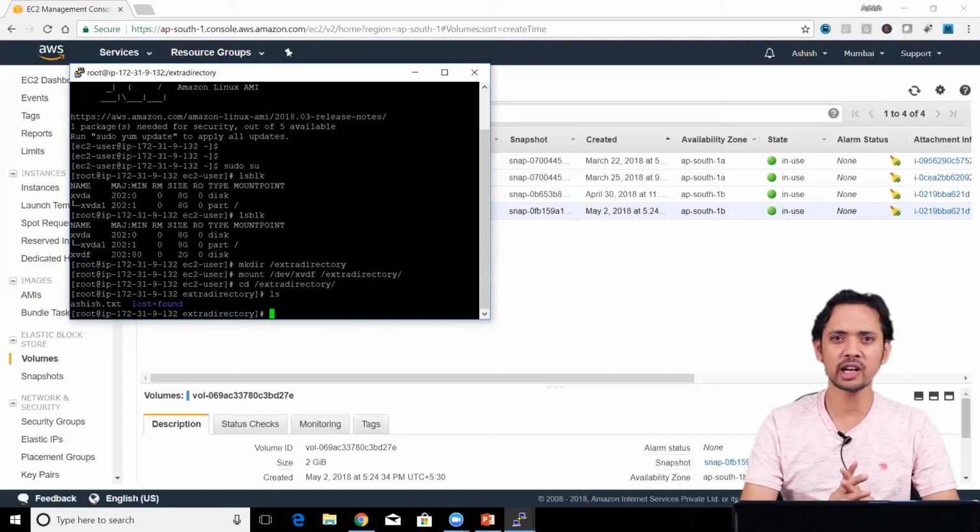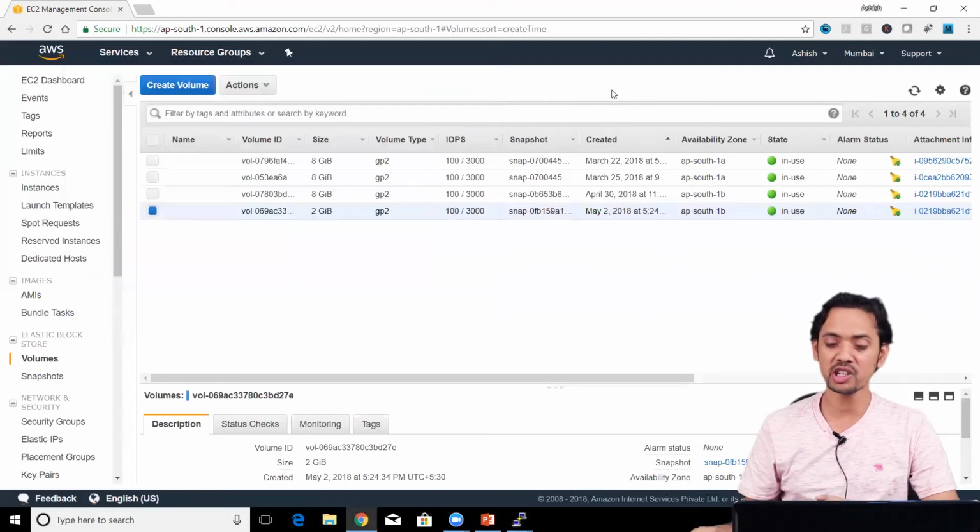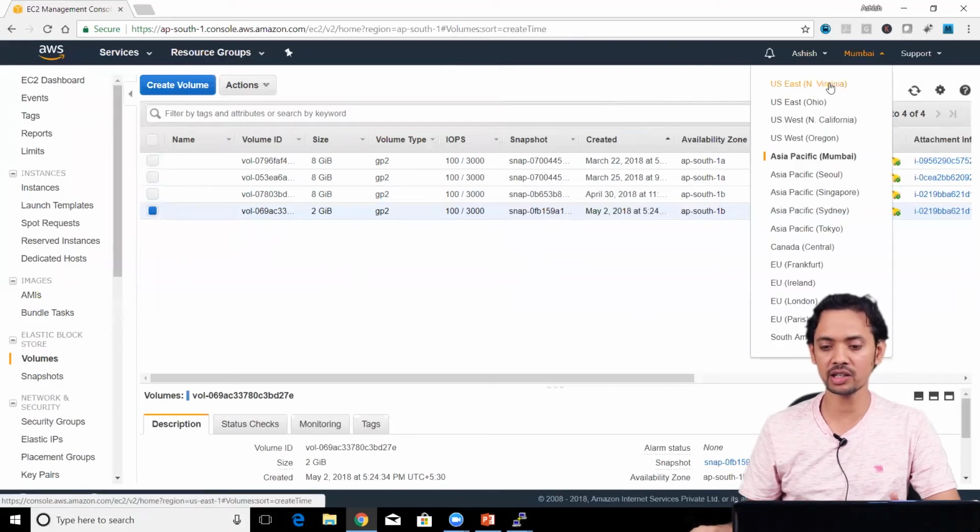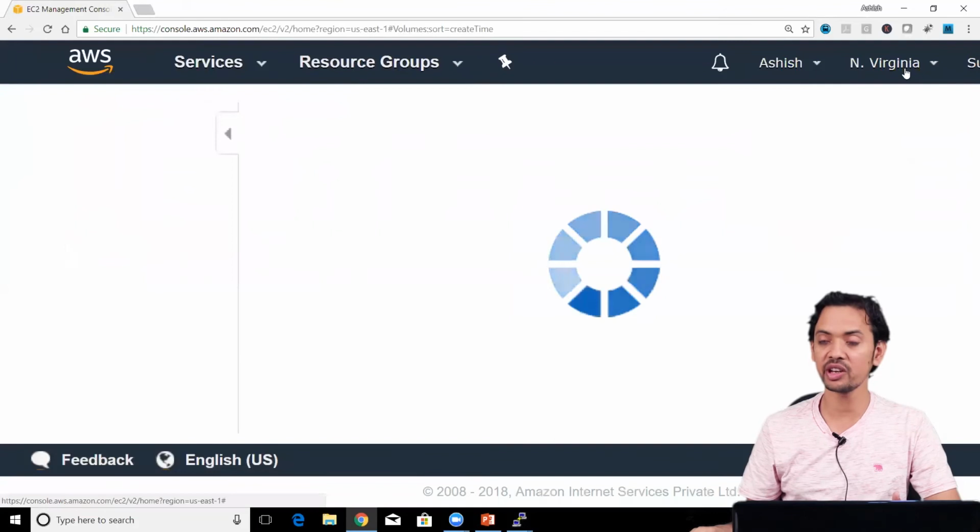Now you may ask, what if the data that you have kept on your EBS volume or on the snapshot, you have to restore in another region? Because you understand that whatever resources you can see here, volume, EC2 instance, snapshot, etc., they are limited within this region only. If you go and find out some other region, for example North Virginia,